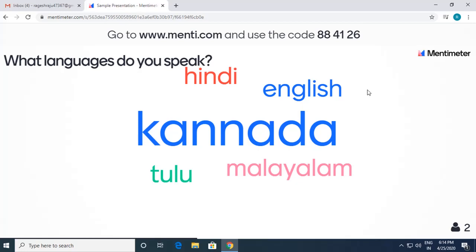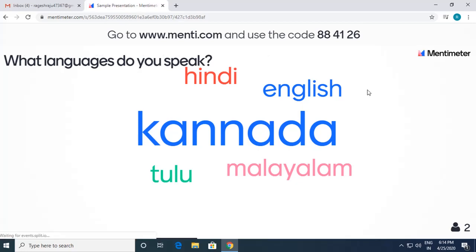So this is one big thing which you can do in a class or when doing a presentation, to get feedback from your students or from the audience, on what they understood or what they are expecting, something like this. So usually what I do is, after I finish my class, I take this slide and ask them which is the most important topic they remember from today's class. So I'll be able to get a bird's eye view on which topics the students are still remembering.